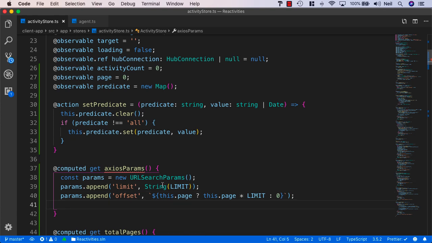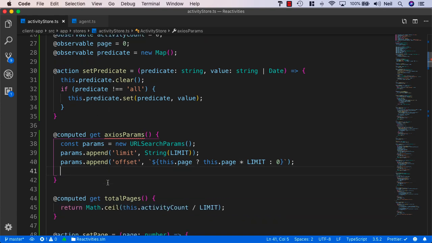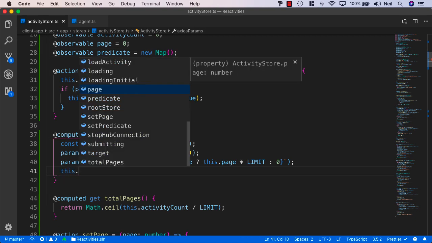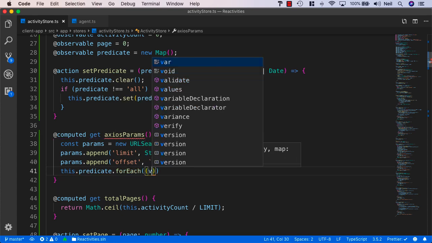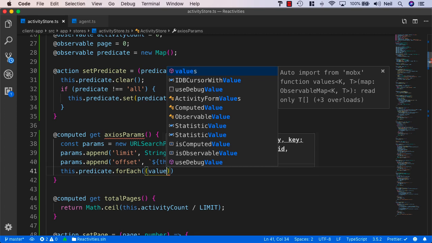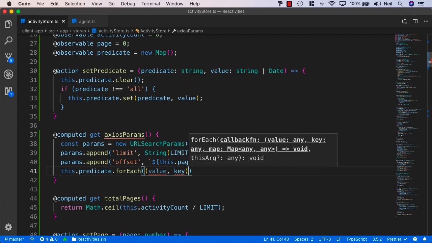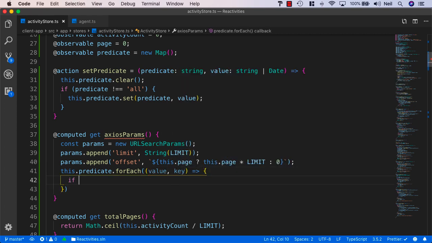And then we'll get our predicate and append this also to our query string parameter. Now we're only going to actually let the user select one of these options at any one time, but we'll still loop through this because this is a map. And what we'll do is we'll say list.predicates.forEach, and the first parameter is the value, the second parameter is the key, and then we'll say if the key is equal to the start date,